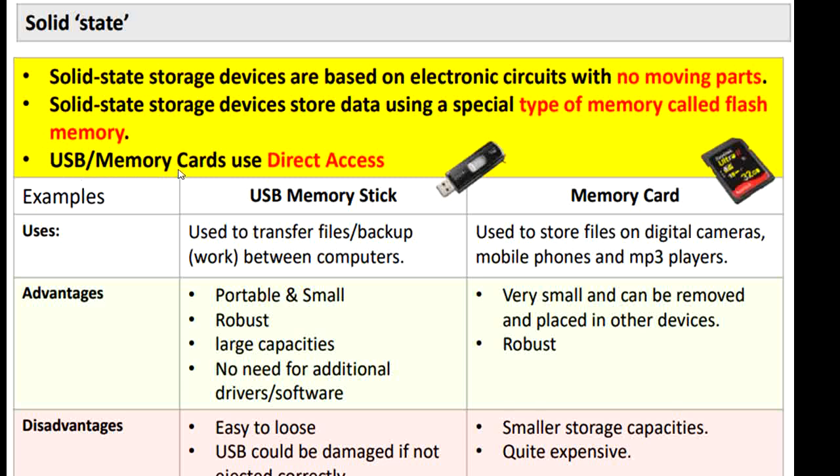USB/memory card use direct access. The two obvious examples for SSD or solid state drives are the USB memory stick and the memory card. Okay, you need to know the main differences between them and the advantages and disadvantages. Okay,